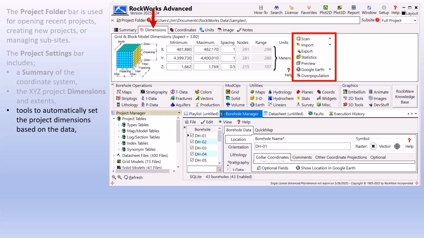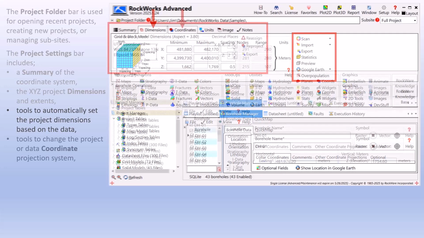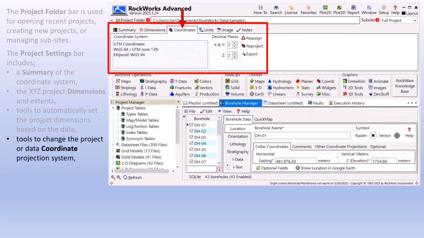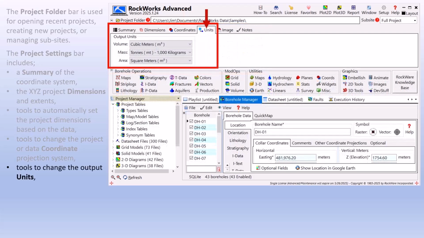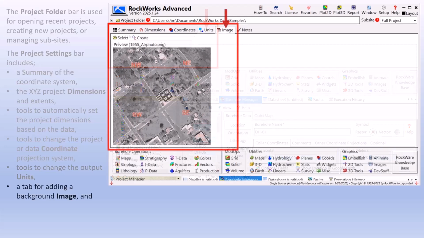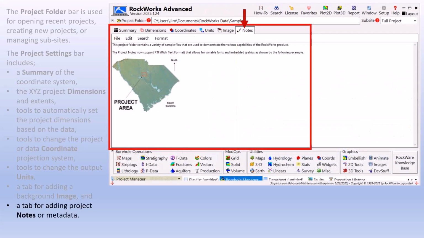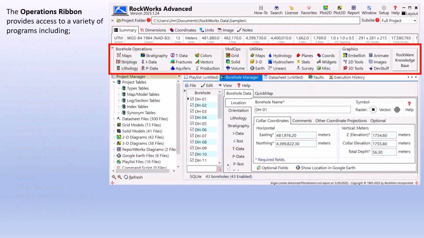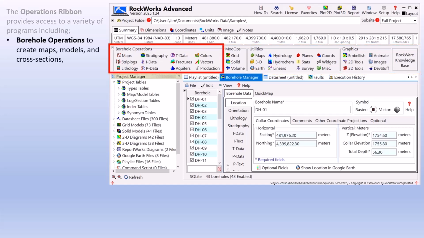set the project dimensions based on the data, tools to change the project or data coordinate projection system, tools to change the output units, a tab for adding a background image, and a tab for adding project notes or metadata. The Operations ribbon provides access to a variety of programs including borehole operations to create maps, models, and cross-sections, ModOps